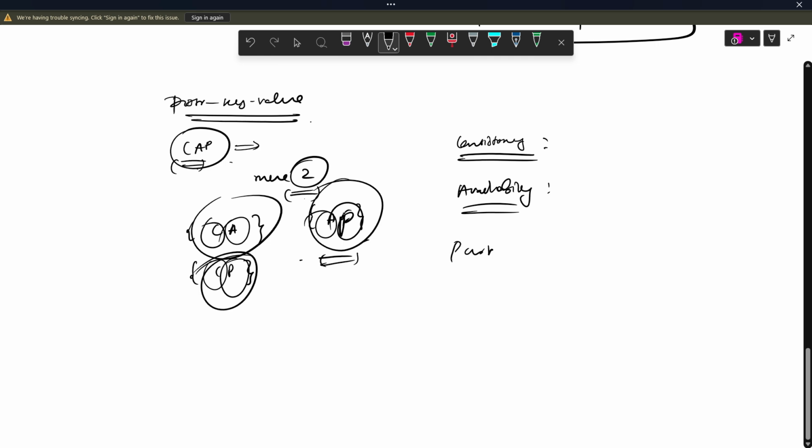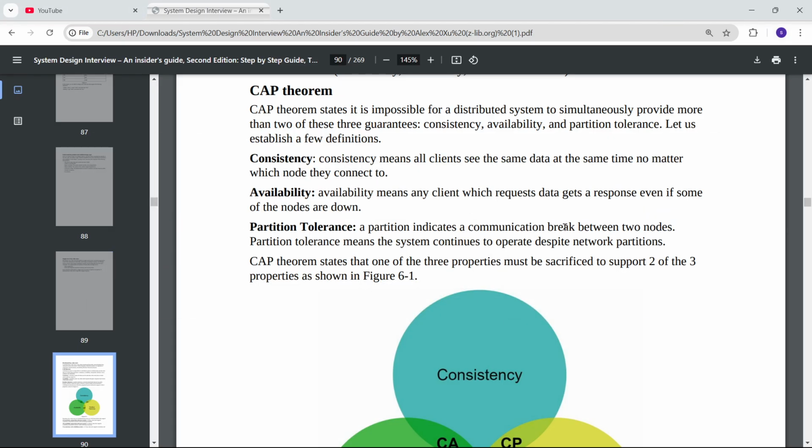And partition tolerance is basically, partition is defined as when two servers cannot communicate, that is known as a partition, a breach of communication. And partition tolerance is basically, even if there is a breach of communication या communication break between two nodes,